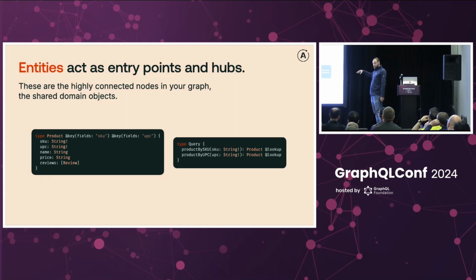And there's more to this. There are ways of mapping underlying fields to different arguments. I won't go into those. But the takeaway here is that these entities are very central in how you think about your schema design. And these keys are how we resolve subqueries between the different subgraphs. But there's more,